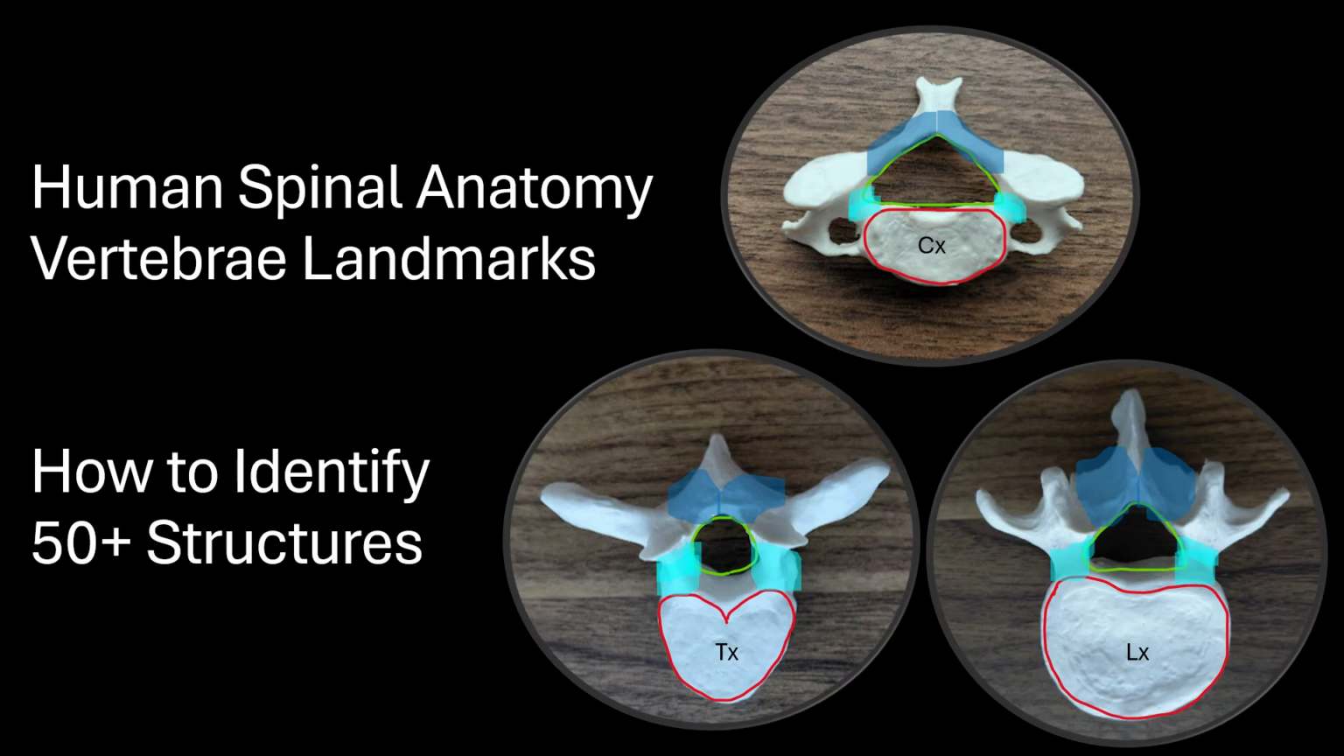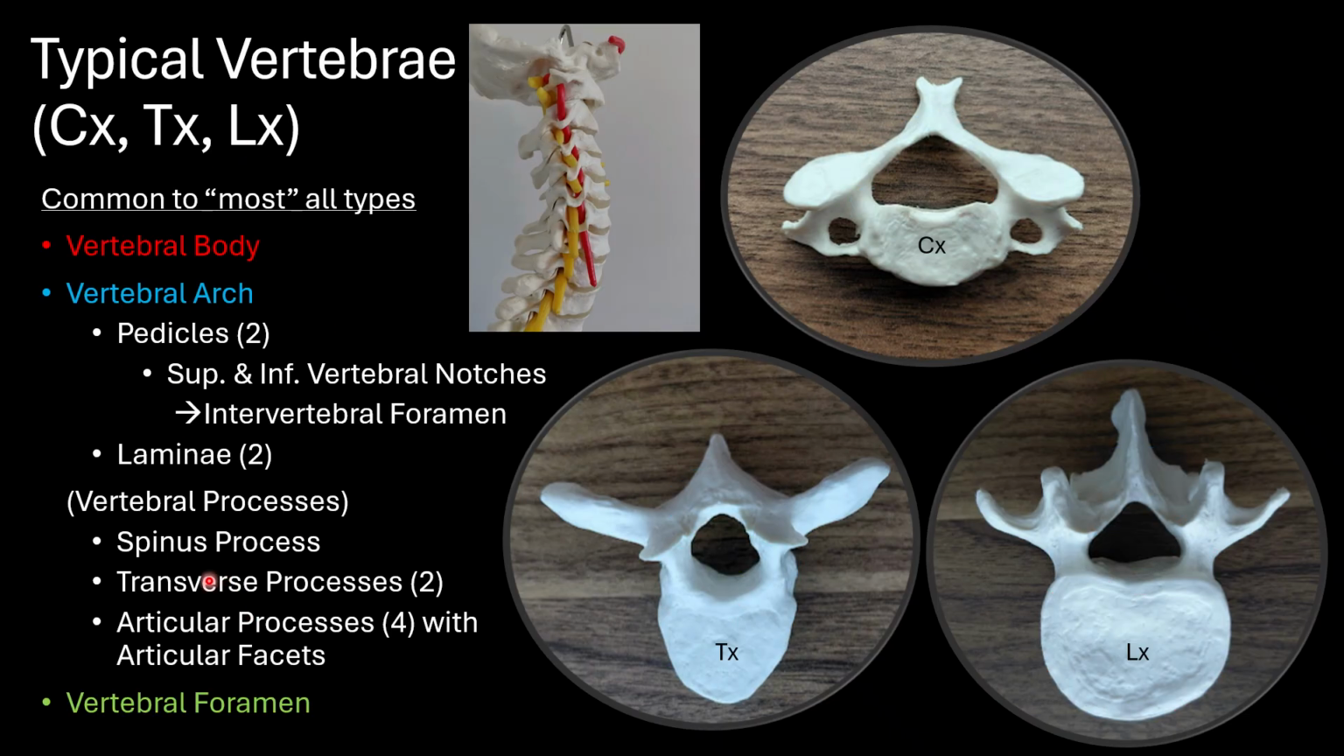Let's get started. This is a list of structures that are common to most all typical vertebrae. We'll identify them first and then go into more detail on each region of the spine. Starting with the vertebral body, it's the more anterior portion and it's the primary weight-bearing part. They are oval-shaped in the cervical spine, heart-shaped in the thoracic spine, and more kidney-shaped in the lumbar spine. Note that they do gradually get larger the further downward you go in the spine because they are bearing more